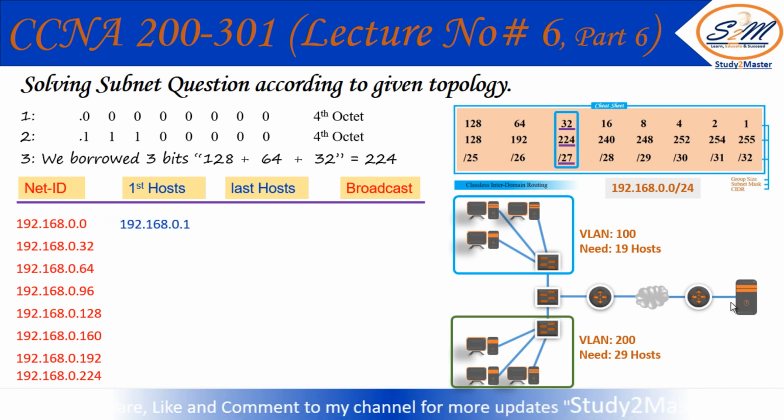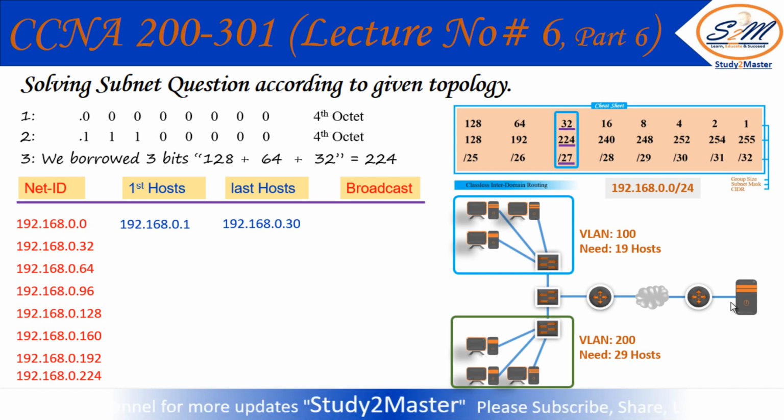How do we define the first usable address? As I told you before, just add 1 to the network ID. 1 plus the network ID is the first usable address. And how do you find the last usable address? Just subtract 2 from the next network. So the next network is